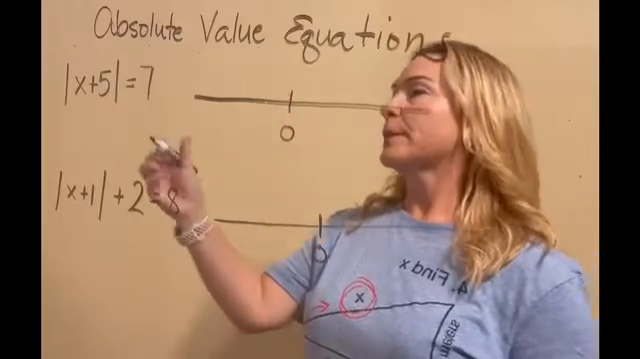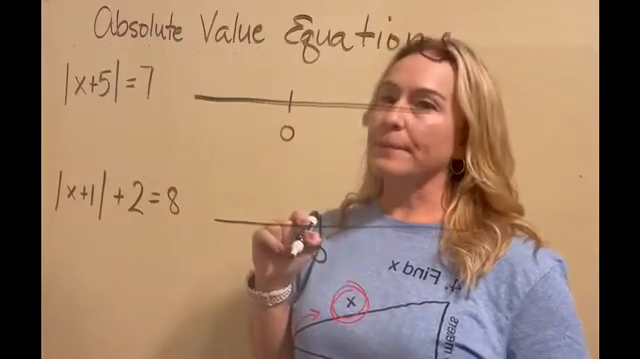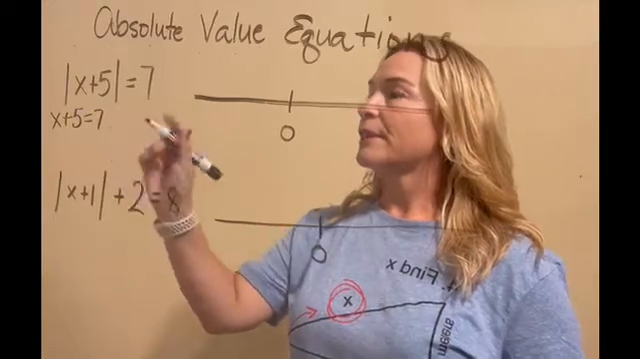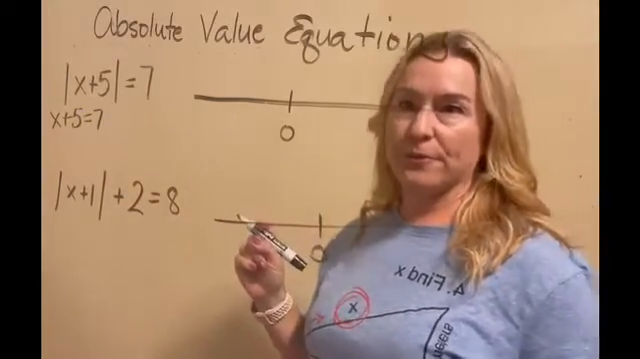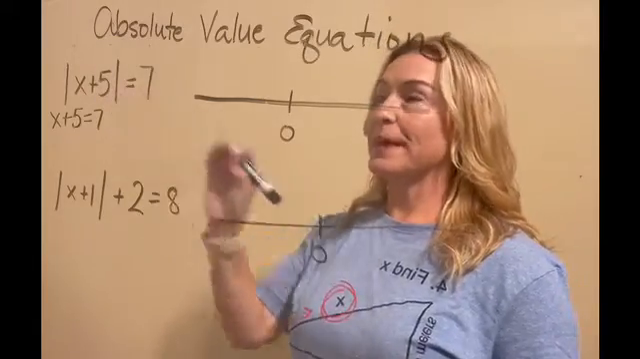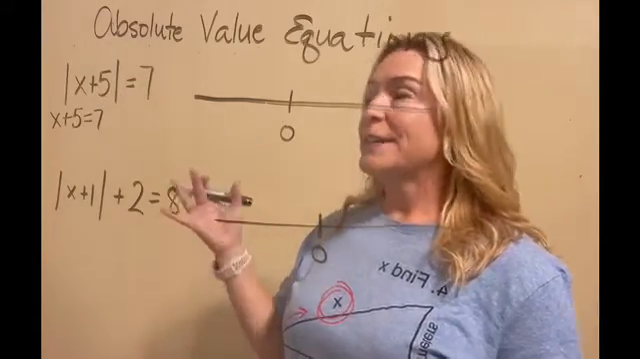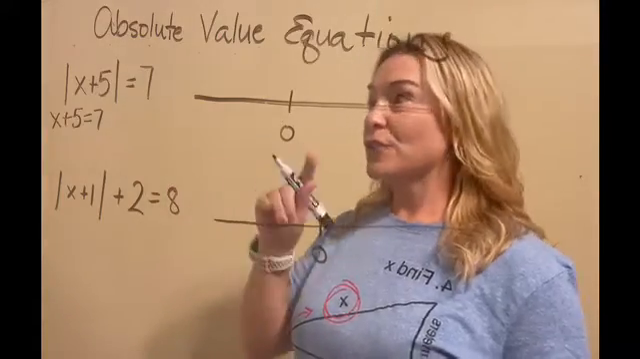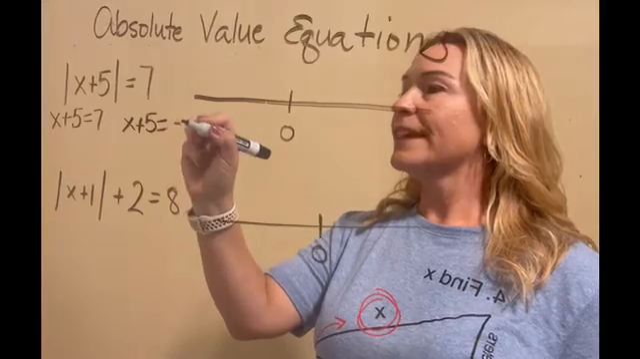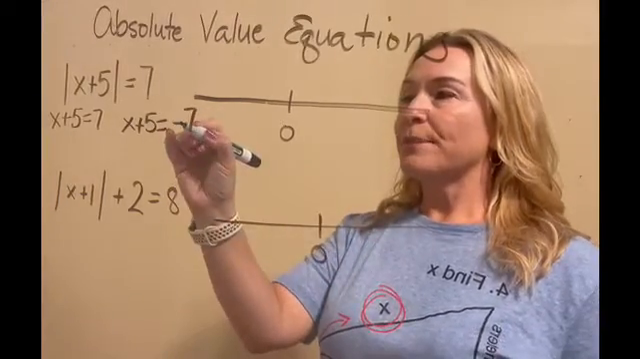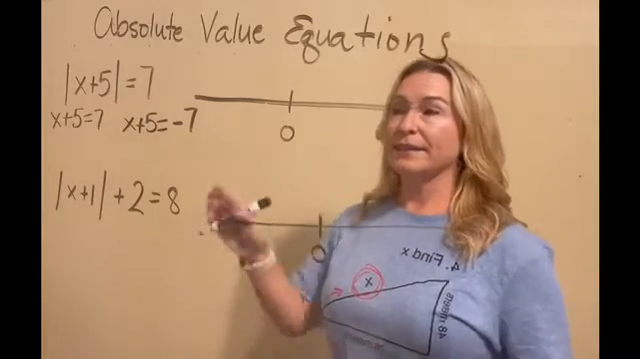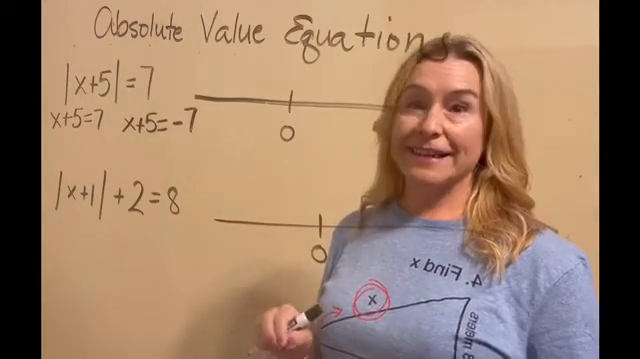With absolute value equations, we're going to rewrite them, and we get to say x plus 5 equals 7, but we also need to account for what is another way that we can get this to be the same answer inside and then turn it positive. So the way we do that is we say x plus 5 equals negative 7. So absolute value equations means we write the same equation twice, but the answer is negative for the second one,